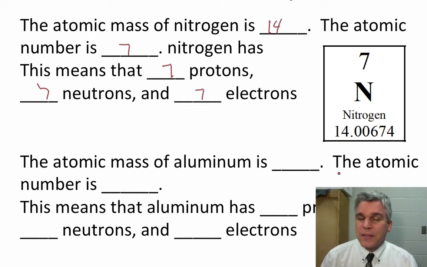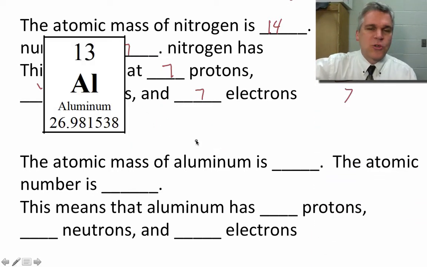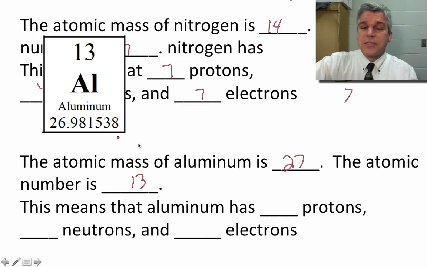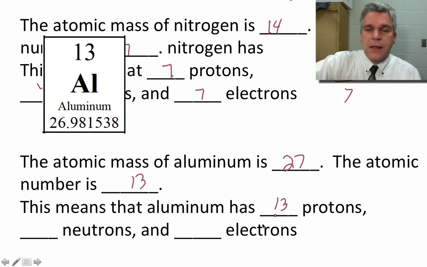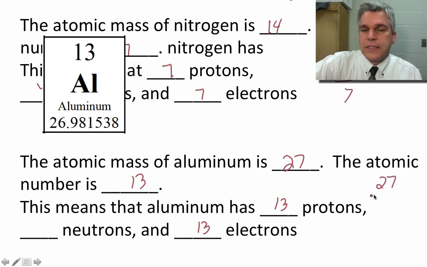Now all these numbers were 7, but does it always work out that way? Well, let's take a look at aluminum. The atomic mass of aluminum is 26.98, so we're just going to round that to 27. The atomic number is 13. Remember, the atomic number tells us how many protons we have, 13, and how many electrons we have, 13. But does it really have 13 neutrons? Well, we have to do a little math again. Take the atomic mass, 27, minus the atomic number, 13, and if we do our math properly, we get, in